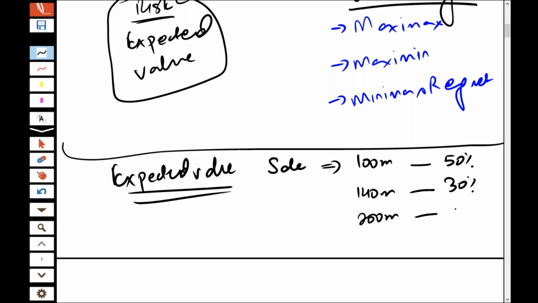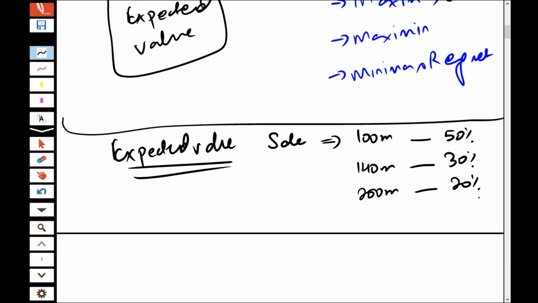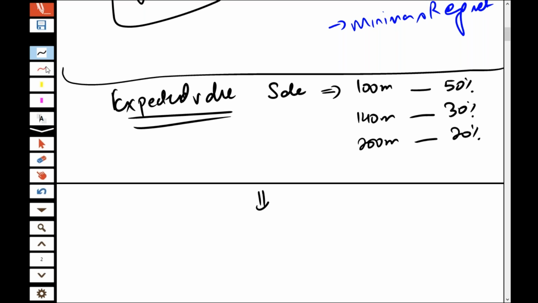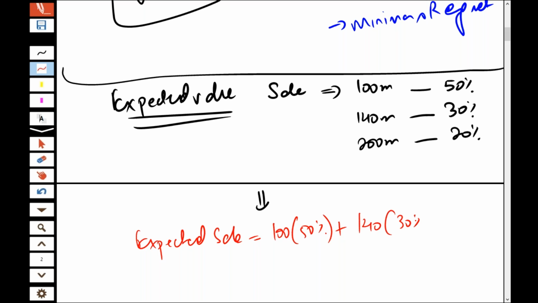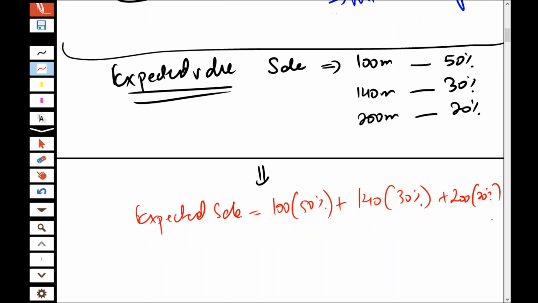The sales are going to be 200 million, there is a 20% chance for it. On the basis of this, the way to calculate the expected sales is 100 into 50% plus 140 into 30% plus 200 into 20%. So the expected sales are 100 into 50%, then 140 into 30%, and then you have